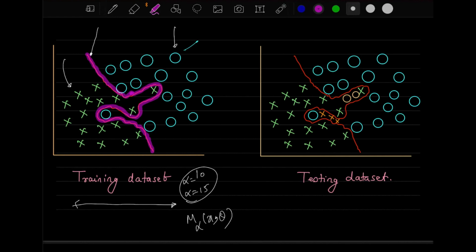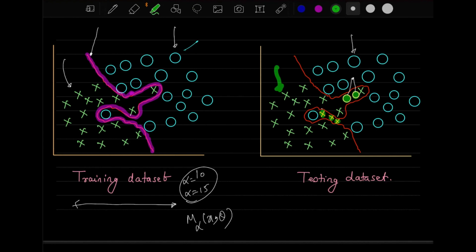The problem here is, suppose you have a testing data set like this, which is given over here. Let me highlight it. This is the testing data set, and it has to be 0 only, because this 0 is actually for this class. That's why it will be here at this point. Similarly, we have testing data sets for x also, which is given over here. These are x's, and the reason for them to appear here is very simple: all these x's are here, so it will also appear somewhere here only.